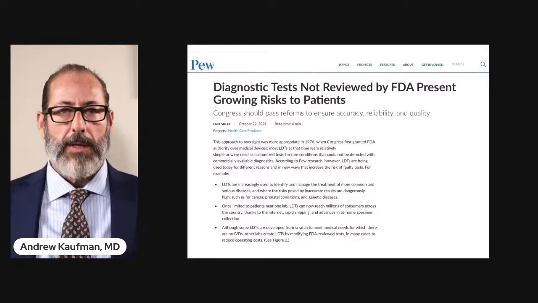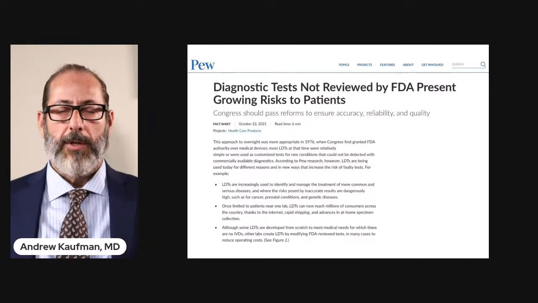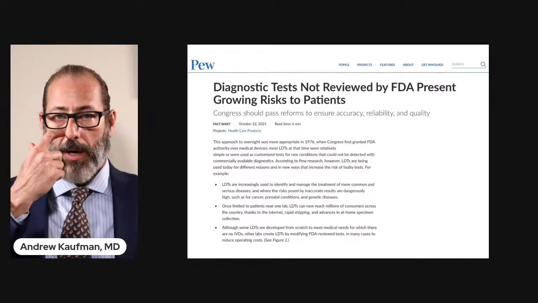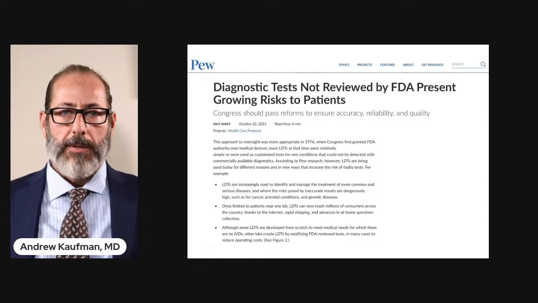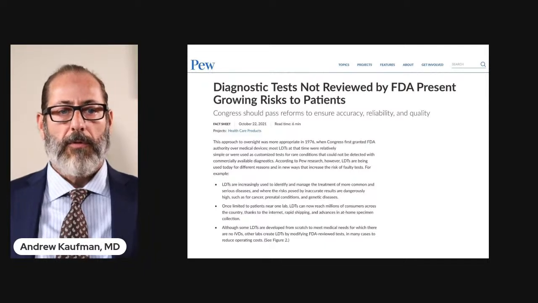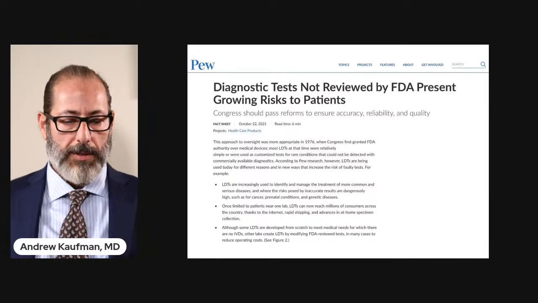So you can see that there is a lack of transparency of which tests are FDA approved versus which aren't. Many unapproved tests are used clinically in very serious conditions, and there is an unknown degree of error. And as I've claimed before, at least some of these tests are completely invalid and meaningless.